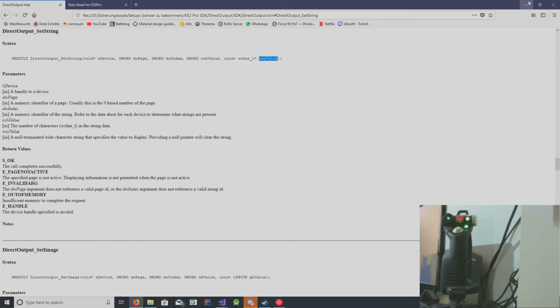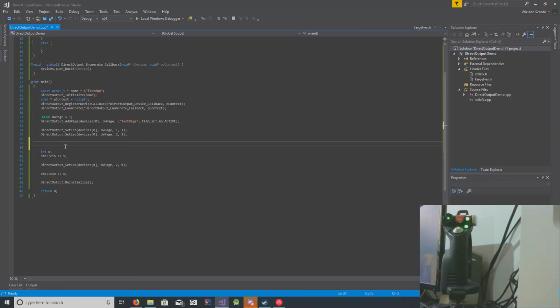So what we can do is we add in a new constant wchar_t pointer, and we just give it a value, and then we can make it an array by this. So let's just call it test app. This is what will be shown up on the display,